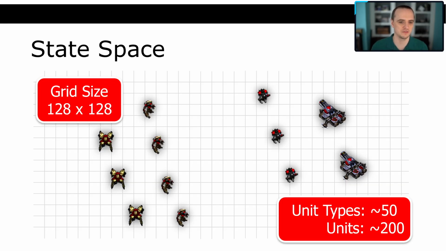Let me go into that just for a little bit. What do I mean by the state space? The state space for a problem is basically the number of configurations that the game could possibly be in. If you think about a game like tic-tac-toe, with X's and O's, or noughts and crosses, depending on what country you're from, you've got 9 spaces.